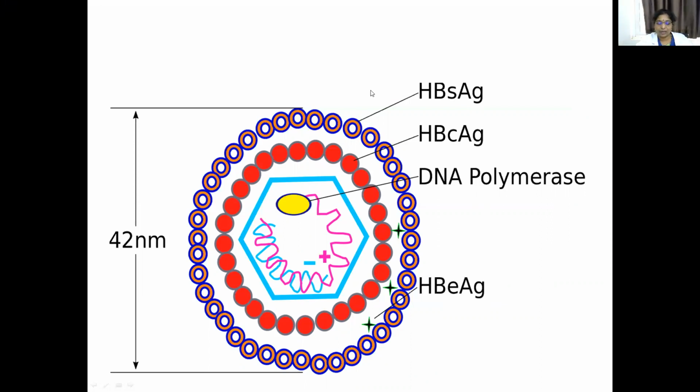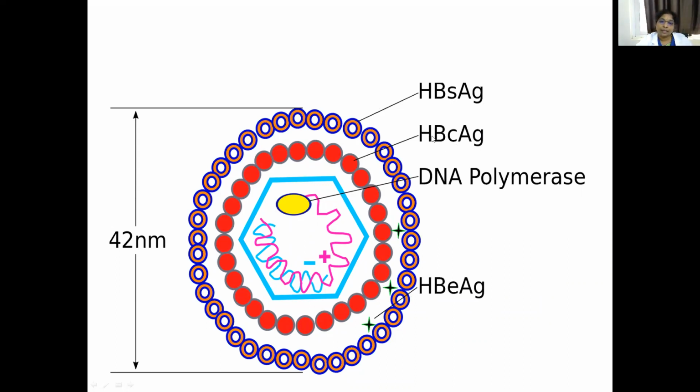There are two tests that we detect by this lateral flow immunoassay or rapid test: one is HBsAg and the other one is HIV. What are the serological markers that we can detect with this rapid test? One is HBsAg, hepatitis B surface antigen, hepatitis B core antigen, and hepatitis B pre-core antigen. These are the three serological markers that we can detect with the rapid tests. But usually we use the HBsAg antigen kit, that means we detect the hepatitis B surface antigen.